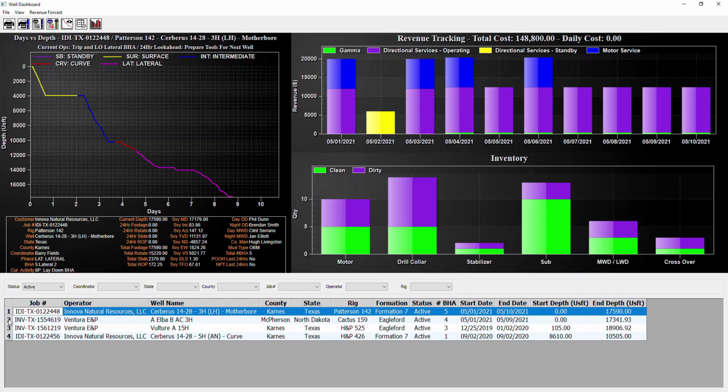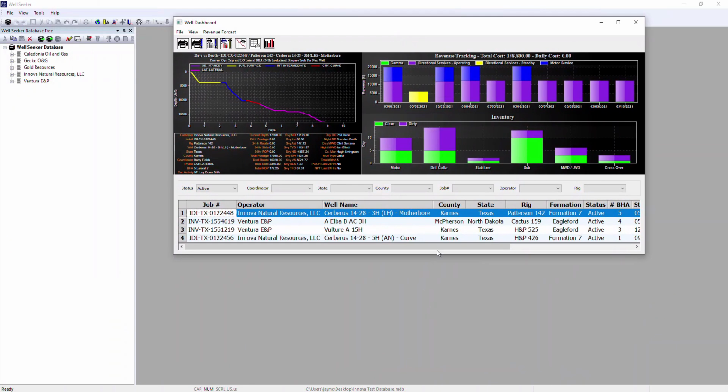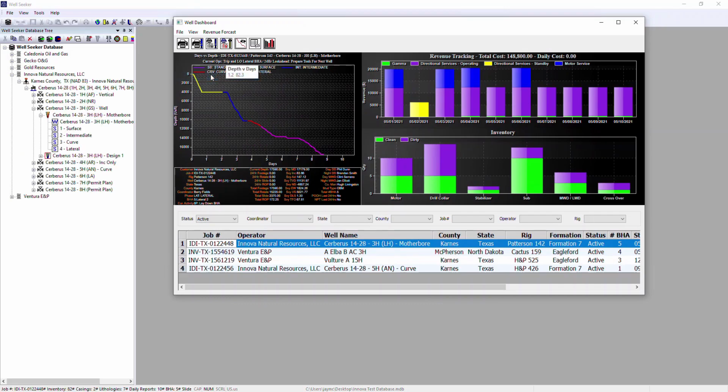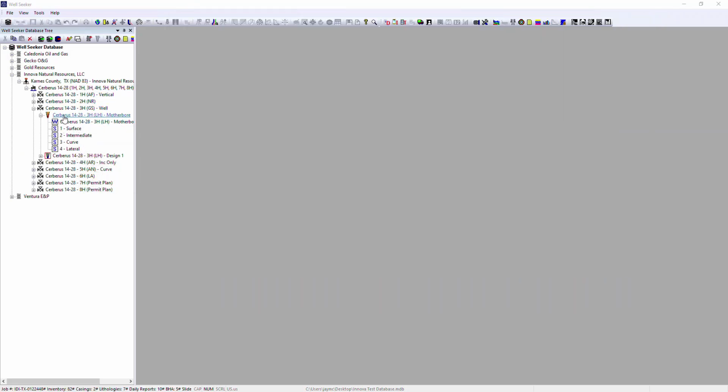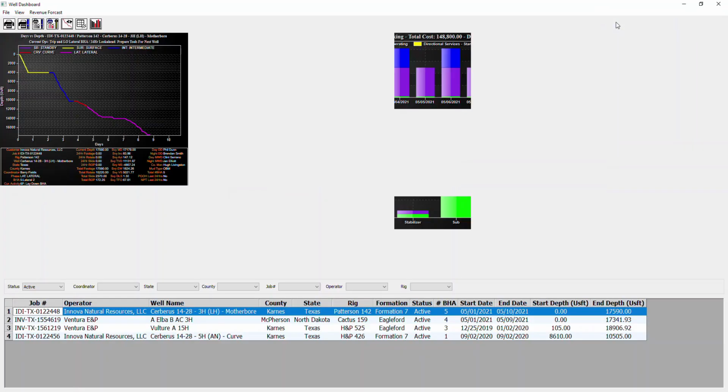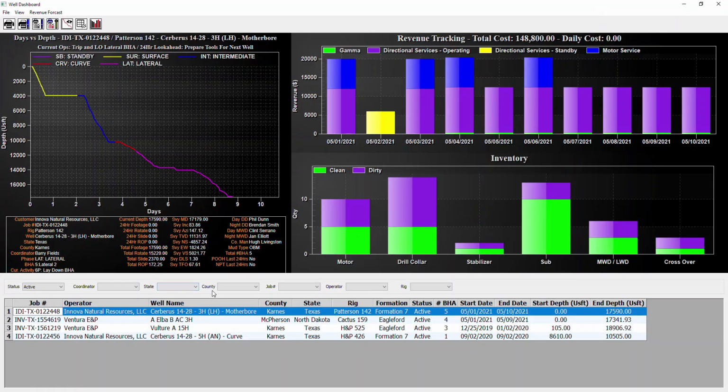Now, when you have a particular line or a particular well selected, if you are looking to find that well within your database tree, then you select your line and you can select File, Open Selected Well in Tree, and that will open the well for you. So it makes it very quick and easy for you to find it, especially if you've got a very large